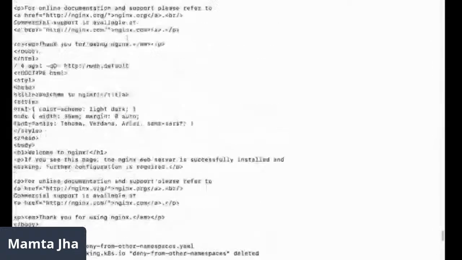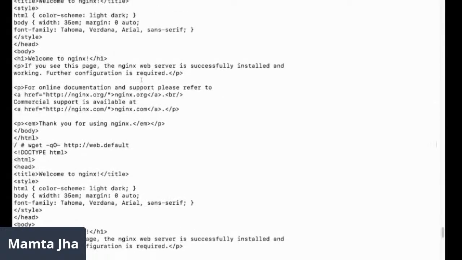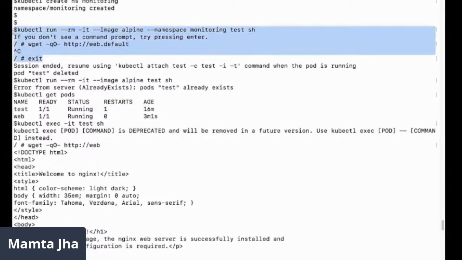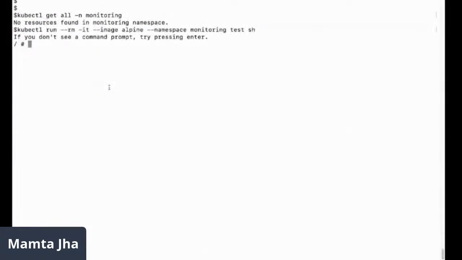And I will give the namespace as monitoring. Let me copy the string and I'll name it as test starter shell. Let's try connecting to the pod. I would have to address it like this. Last time this has failed. You have seen here. This time, let's see, with this policy, will it allow?